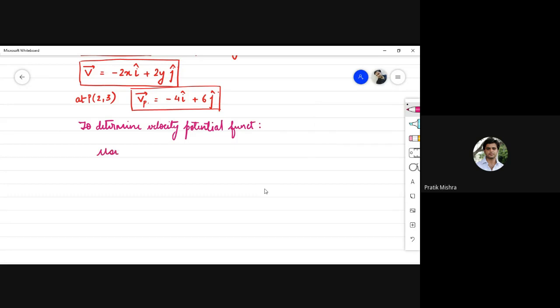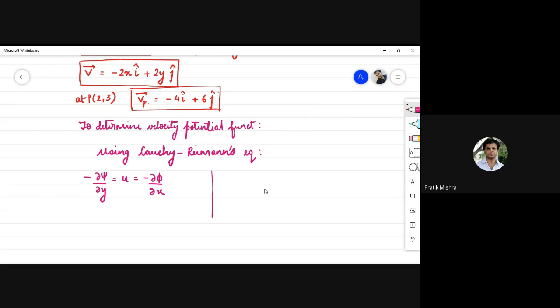Using Cauchy-Riemann's equation, that is minus ∂ψ/∂y is equals to u, which is equals to minus ∂φ/∂x,